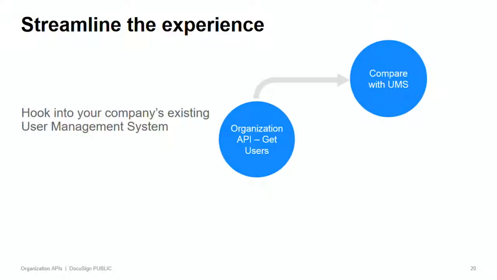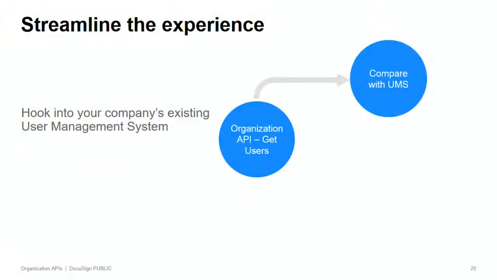They parse it and they compare it with their user management system to make sure that the people in DocuSign are the people that are supposed to be there. And this is interesting because the user management system might be administering other applications you have. You might make sure other things that are deployed on site are up to date and in sync. So user management is kind of their central location. That's their record, I guess.